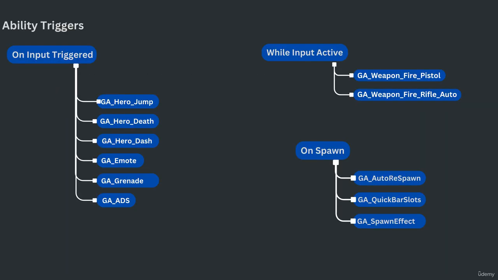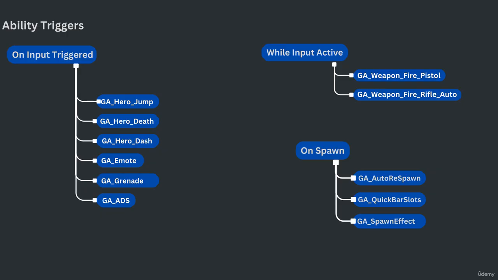In this lecture, we will understand how the abilities we explored so far are triggered during the gameplay. There are three ways the abilities can be triggered: on input triggered, on spawn, while input active. Hero jump, hero death, hero dash, emote, grenade, and ADS are some of the abilities which gets active when the